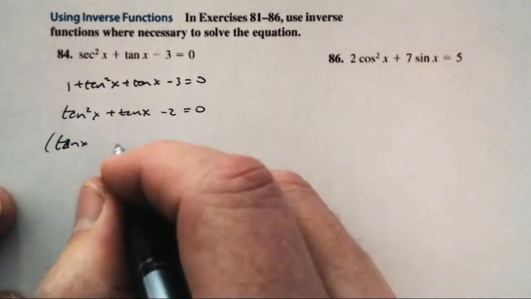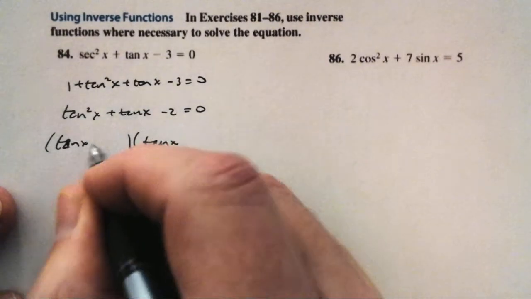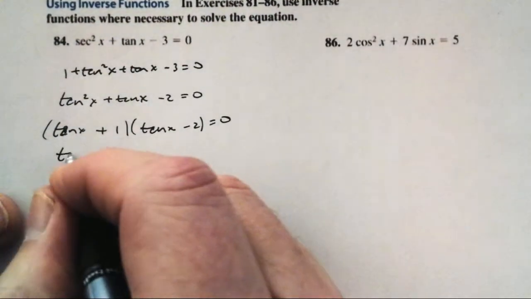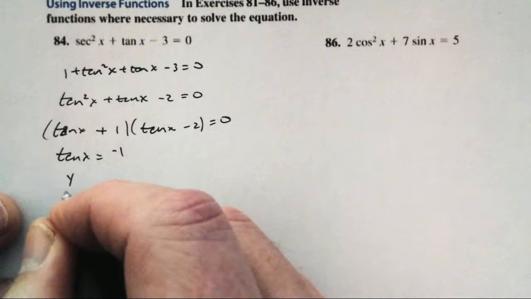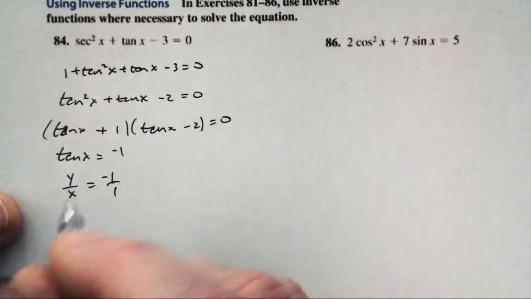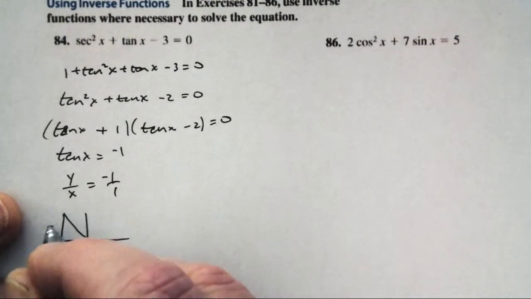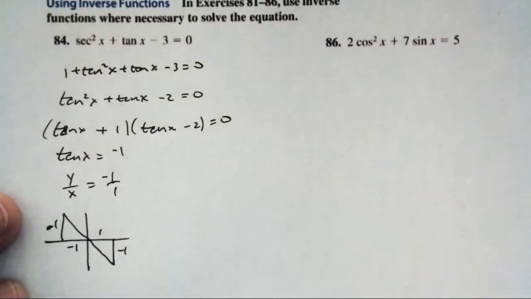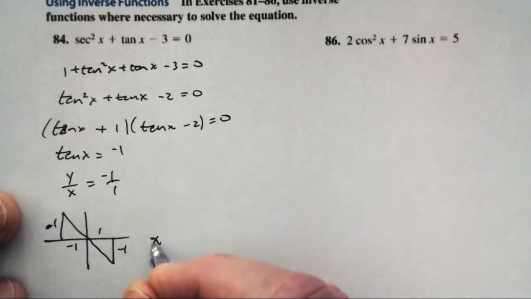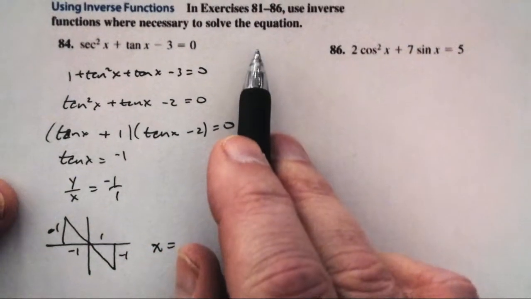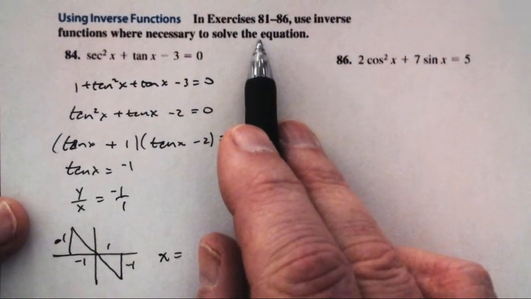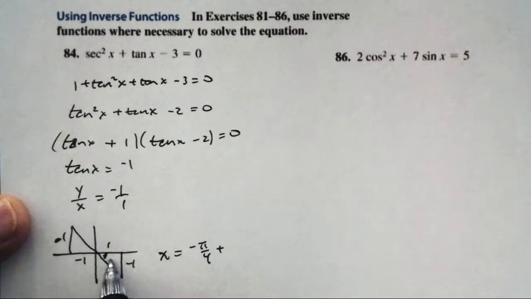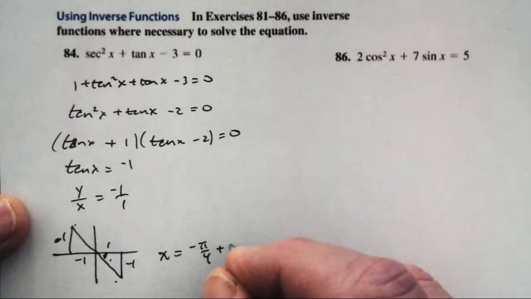Tangent of x, factors of negative 2 plus 1 minus 2 equals 0. So we get tangent of x equals negative 1. Well, that's no big deal. When is y on x negative 1? That happens right here, positive 1 on negative 1, and right here, negative 1 on positive 1. So some of our answers would be x equals, let's see, solve the equation. So that's all solutions, so we're going in radians. I'm going to go negative pi on 4 to here, plus half revolutions,